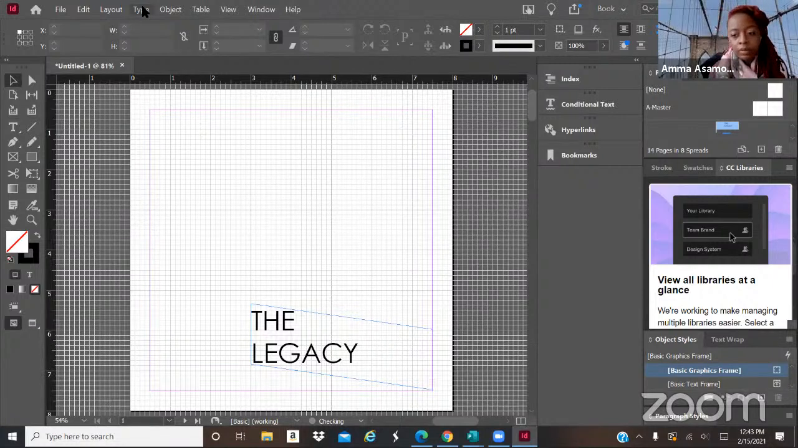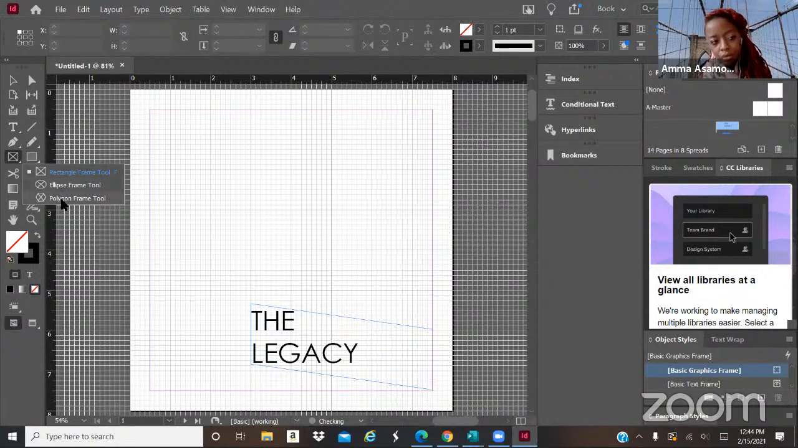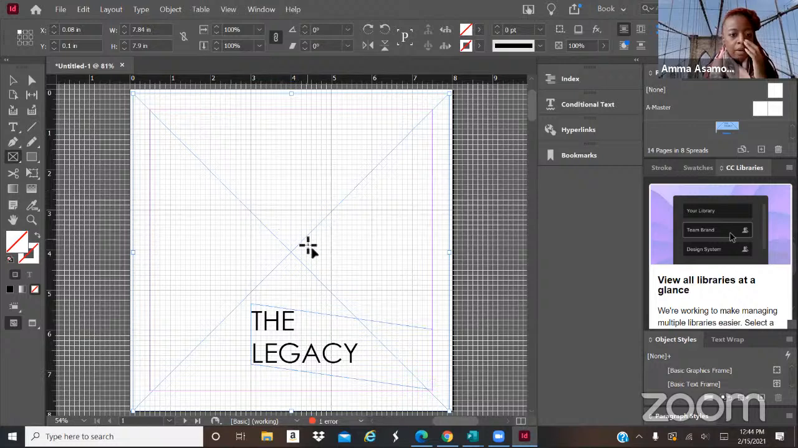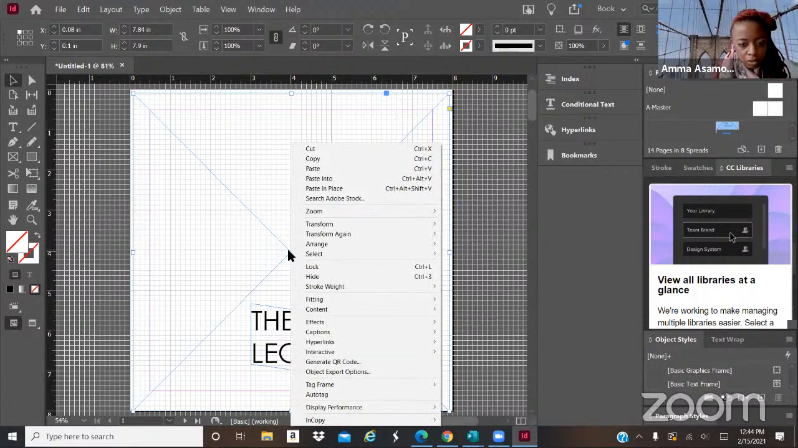So remember what I was saying about photographs. With inserting photographs, you want to use your rectangle frame tool, and you can do multiple types of frames. You can do elliptical frames, polygonal frames, whatever. For this, I'm going to use a rectangular frame, and I'm going to fill my page with this. And now I have an X here. So I'm going to take this selection tool and I'm going to,